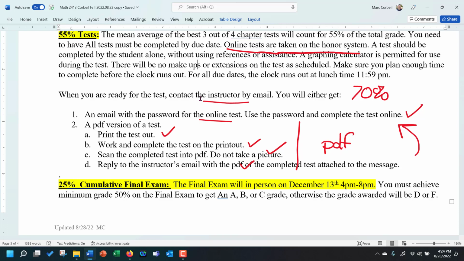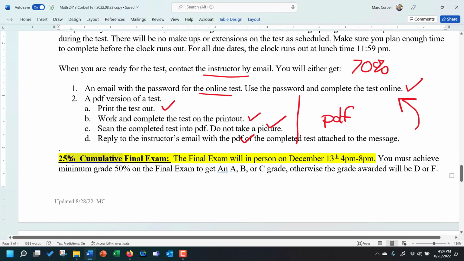So I don't decide some people do an online and some people do a PDF. Either everybody's going to do the PDF for one test or everybody's going to do an online. Like I said, this is going to be random. It may be the first test and maybe the third test, who knows. But at least 1 or 2 of the class tests will be like that. The others will be online tests. So out of the 4, it could be 2 out of the 4, or 1 out of the 4. It's going to depend.